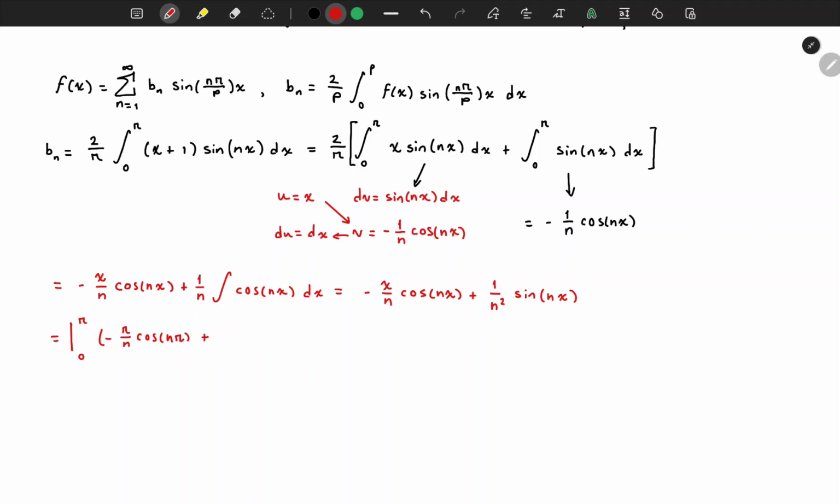We know that sine of pi is going to be 0, so there's no bother writing that, and it's subtracted by 0. And we know sine of 0 is also going to be 0, so it's just minus 0. So essentially all we get here is negative pi over n cos n pi. And let's go back to this following integral here, and let's evaluate that from pi to 0. We'll get negative pi over n cos n pi